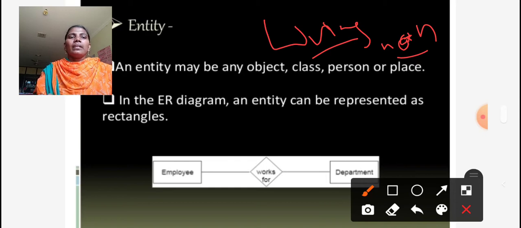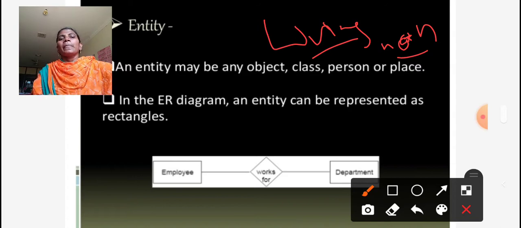If we want to maintain a table like orders, it is a non-living object. In the student table we store details like student number, student name, student address, email id and some other attributes.